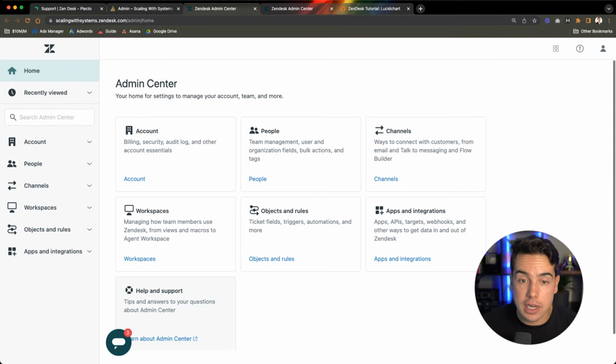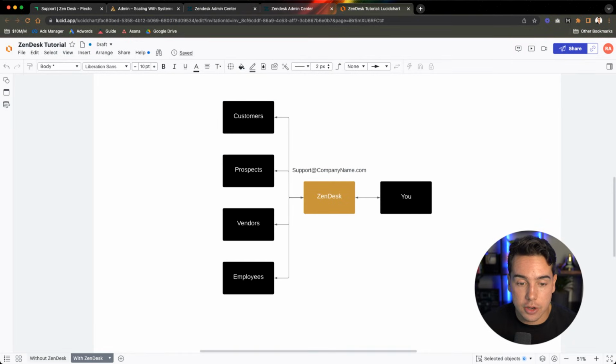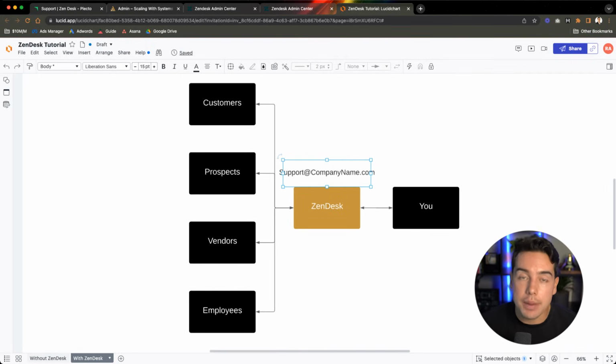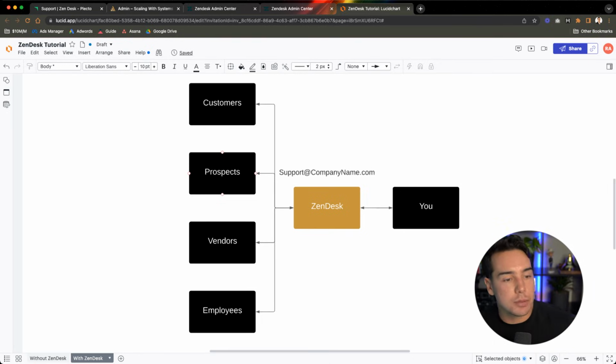The very first thing that we want to do, if we go back to our guide here, is we want to set up this support@companyname.com email address, because until you set this up, your Zendesk software is kind of useless. Just because you have it doesn't mean that people are going to use it, right? So you want to be able to set this support@company-name up inside of Zendesk, and that way when you're onboarding new customers, when you're talking to prospects, when you're talking to vendors, you just tell everybody, oh yeah, just email